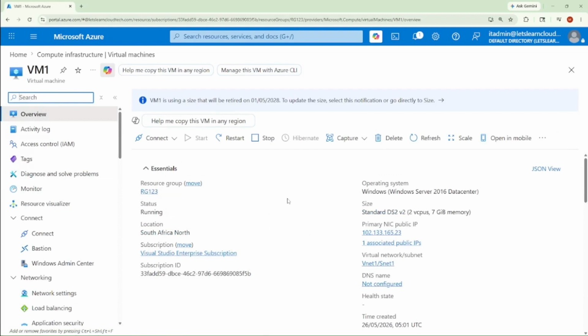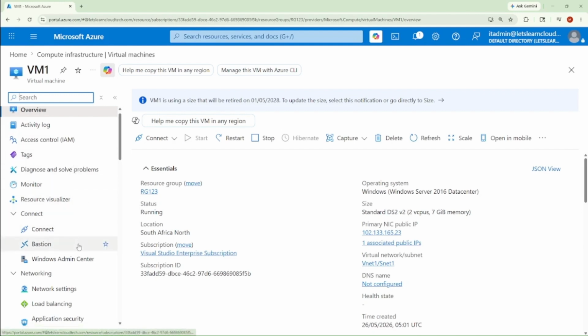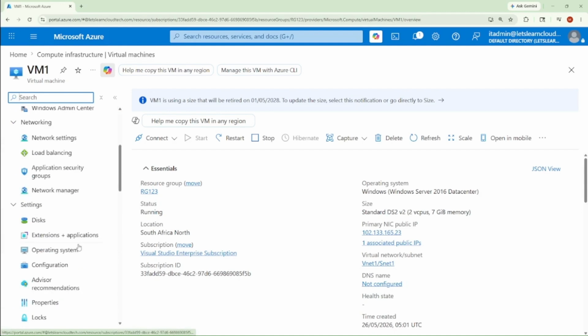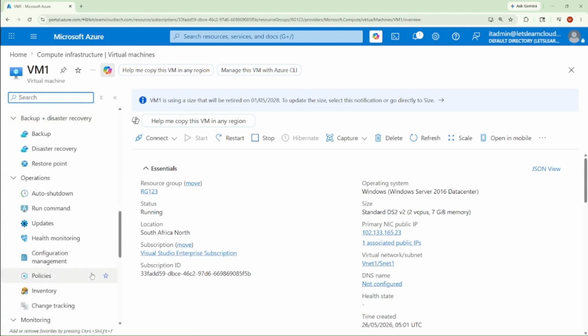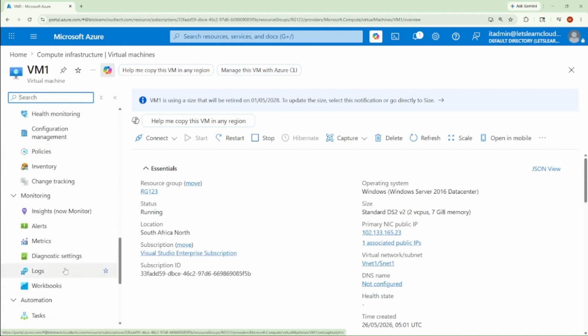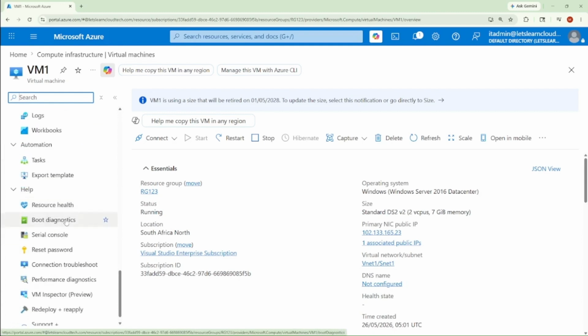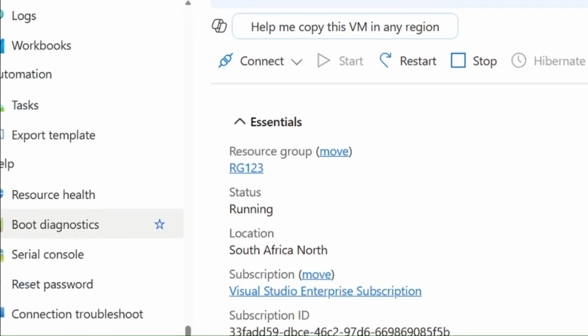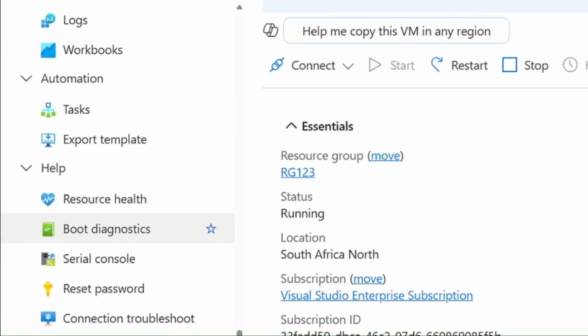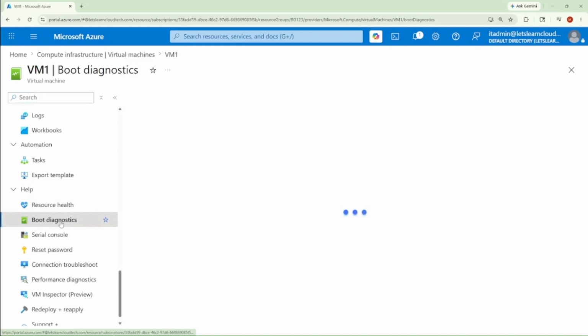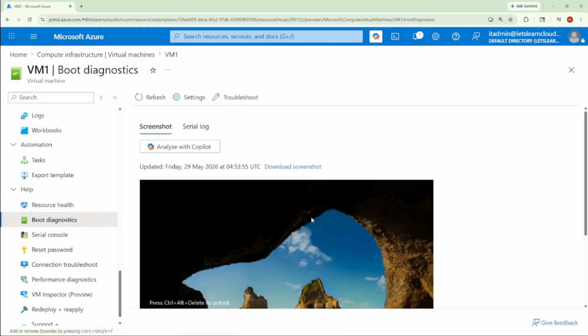In this window, I just need to go to the left hand side, and there are many options we have here. We are going to check some of them. So on this left hand side, first I would like to go into the boot diagnostics. You can see here there is boot diagnostics. Let me zoom in for you. It's boot diagnostics. So I'll click on the boot diagnostics and it will show me the screenshot of where my machine